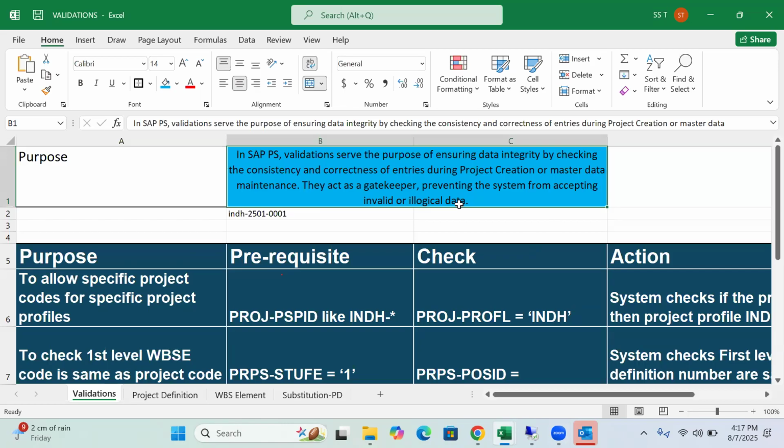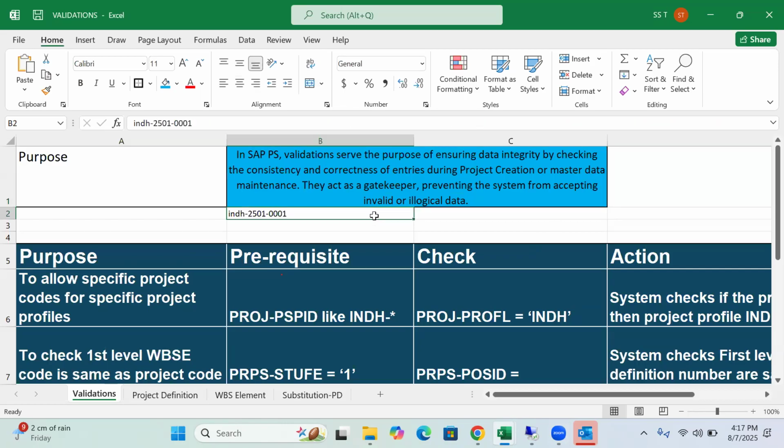Let us take one example while creating a project definition. If the user is trying to enter a different project ID, the system should not allow any characters apart from INDH. If he is trying to enter them, it should not accept. Similarly,